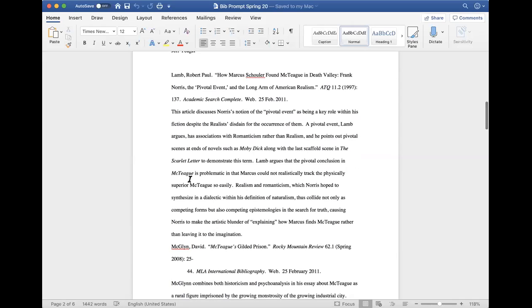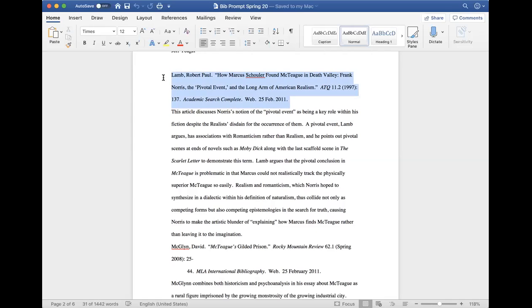This is one that I actually wrote about McTeague early on when I started grad school. Basically, you have a citation in MLA style. Don't follow my citation for this, because this is old and MLA's changed. I've just given you an idea of what the assignment will look like.